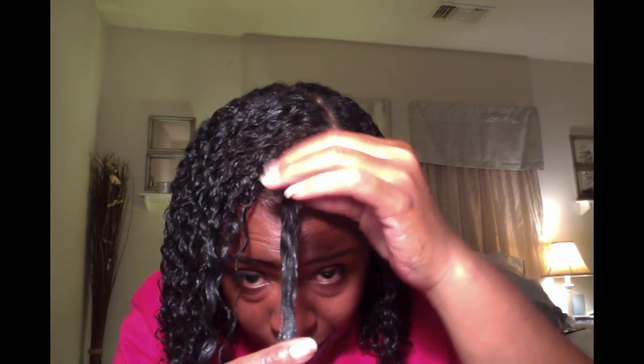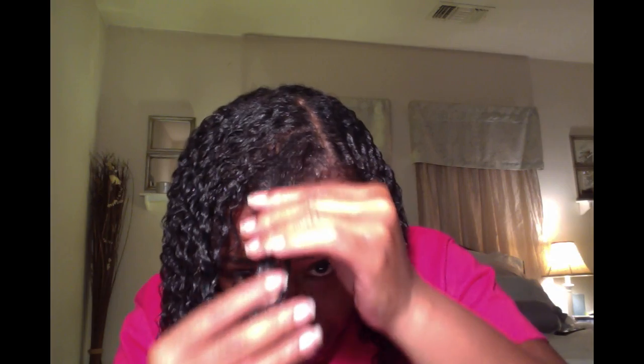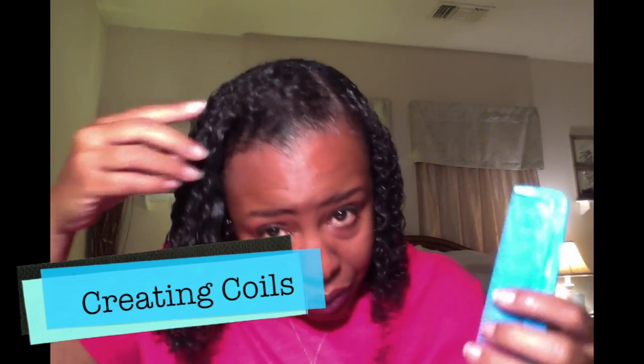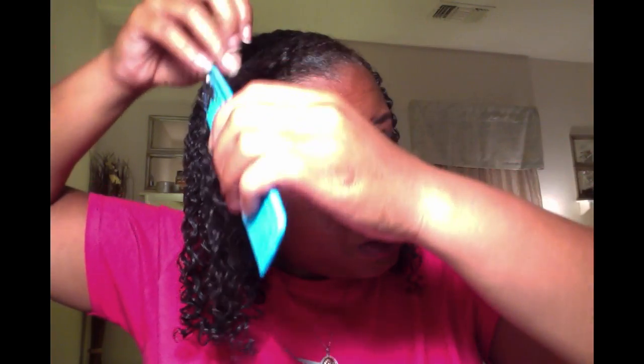it's loose up at the front, because I haven't straightened my hair since December. So I guess to here maybe is my hair, and then this stuff is kind of limp, wimpy and limp. But what I do is I'll make some coils at the front, and what I'll use is a pen or eyeliner pencil or something to make my coils,